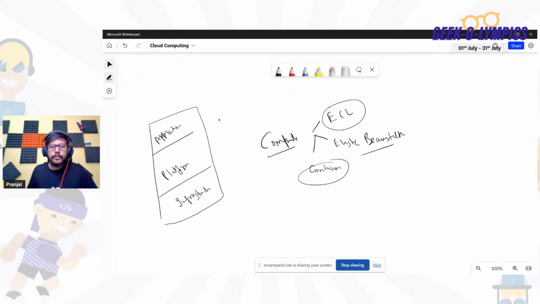So in compute, we have EC2, then Elastic Beanstalk, then ECS, which is Elastic Container Services, then Elastic Kubernetes Service, which is a managed service offered by AWS to create a Kubernetes cluster. Then we have Fargate, which is serverless container orchestration through which you can deploy your containerized application. But here it is completely serverless, so you cannot handle the infrastructure, the EC2 things.